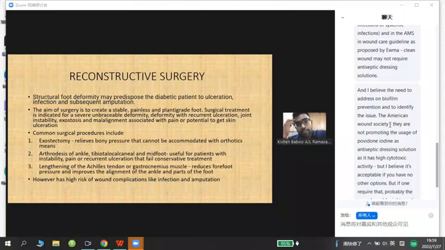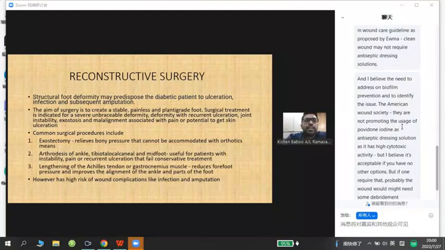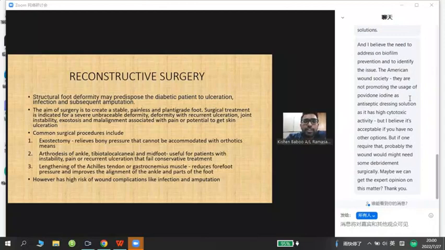Next is reconstructive surgery. Structural foot deformity may predispose the diabetic patient to ulceration, infections and subsequent amputation. Like I told earlier, when a patient has Charcot arthropathy, they have ankle deformities, so there will be an area where there's excessive pressure, and due to the pressure, the wound would not be healing. Okay, so these are certain common procedures done to reconstruct the foot, where you can do exostectomy,